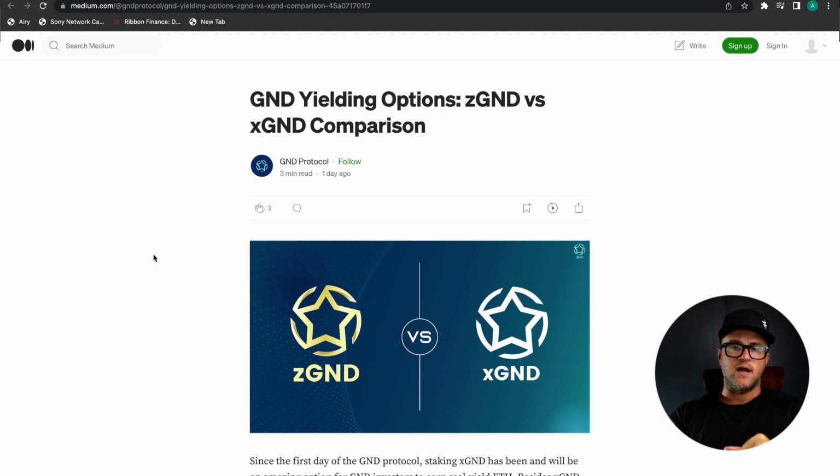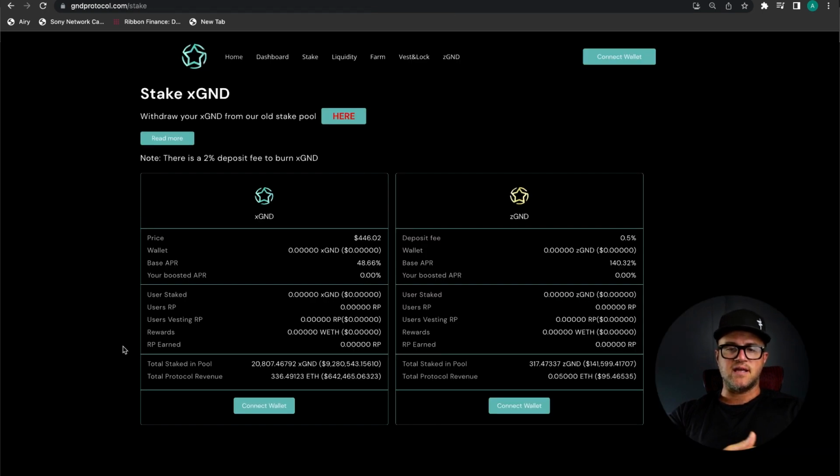But right now, we actually have some massive APRs on the zGND side. Current base APR is at 140%. So if you're holding liquid GND right now, I do recommend getting into that pool. Now, not financial advice, do your own research, guys, but swap fees on this is minimal, and the pair is